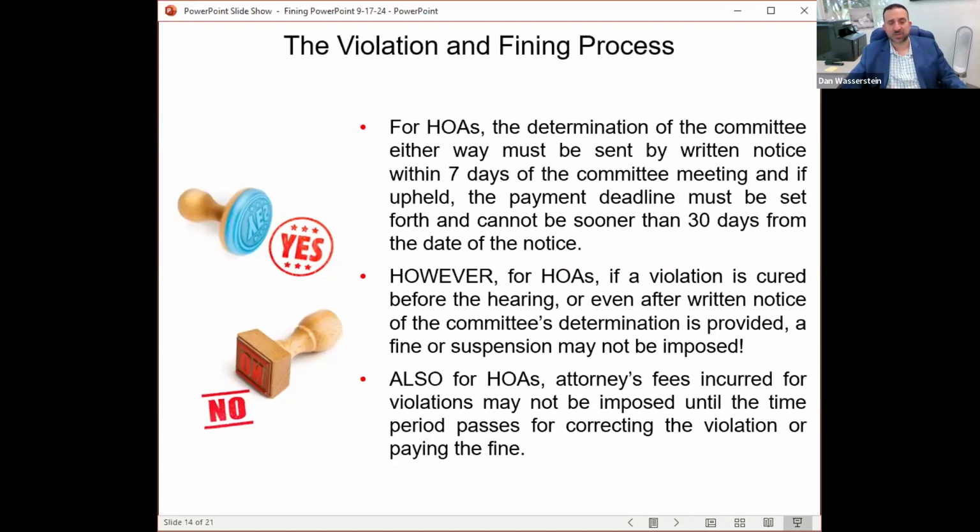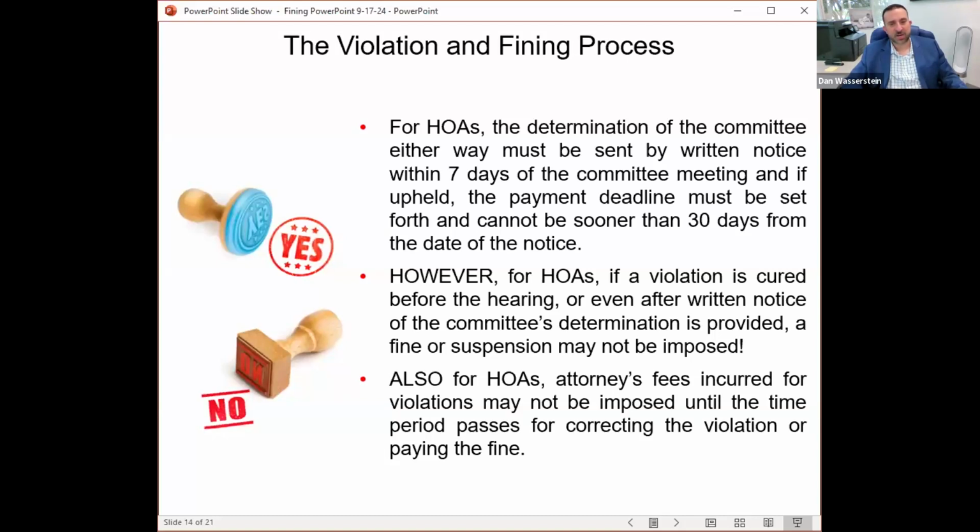I don't view it that way, and a lot of my colleagues don't view this new statute that way. For those types of violations, again, the ones we call a one-off, or ones that aren't ongoing, but they naturally come to an end, the trash cans, parking, the dog, these things happen and then they naturally resolve themselves. If the cure, meaning moving the car, bringing the dog in the home, etc., was a cure, then that would mean you could never fine under this statute for those types of things.